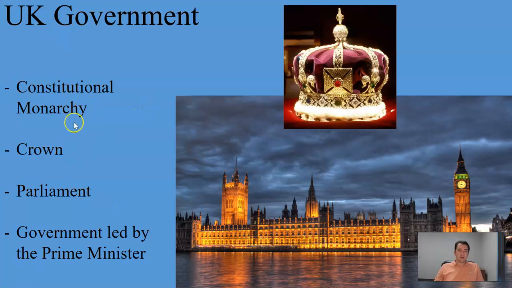But today, the structure is the crown and parliament, and then the government, which is like the various ministers in government, all led by the prime minister, who is typically the leading member of the party in parliament with the most seats. So let's say there's 300 seats in parliament. If one of the parties controls 200 of those seats, then they would be the one who selects the prime minister,